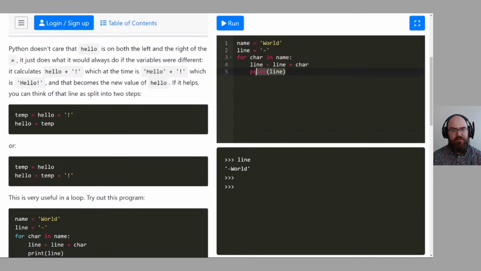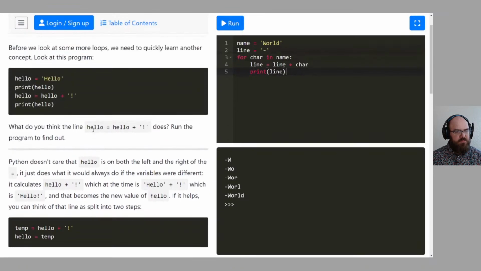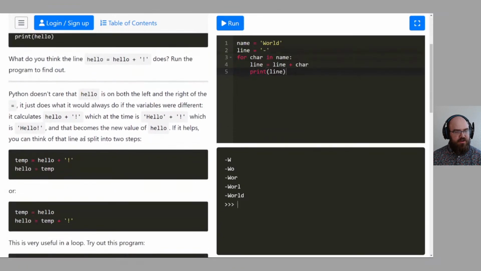No. When you have a thing like line equals line plus char, that doesn't have any output. There has to be a print following this loop in order for an output to happen. There has to be a print somewhere if you want any output at all. All right, so I'm misremembering things. That's what's happening. But let me... where were we? You've gone back a little too far.